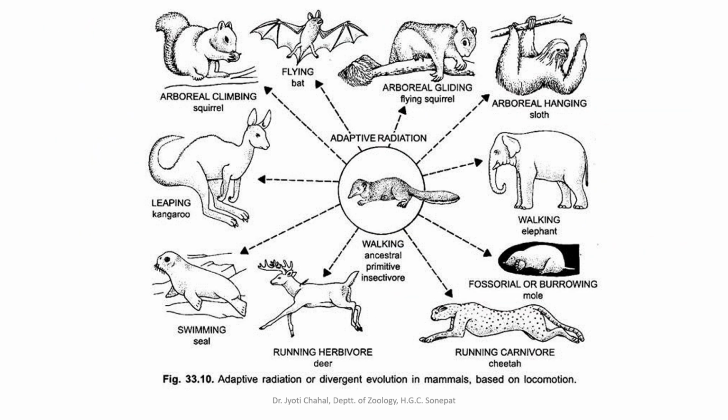Another example of adaptive radiation is the adaptive radiation of mammals, which is based upon locomotion. So starting from one ancestor, the organisms have adapted in different directions in all possible radiations. They have entered into different niches. Every possible ecological niche has been occupied by these radiating organisms. So this radiation is based upon their locomotion, so their limbs will be modified accordingly.